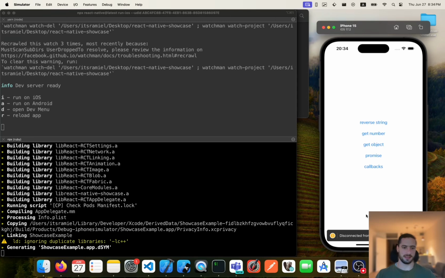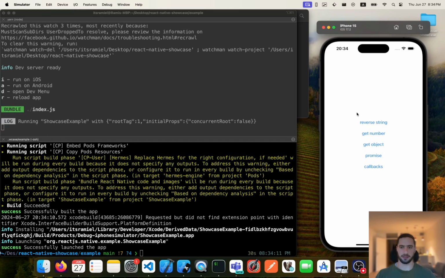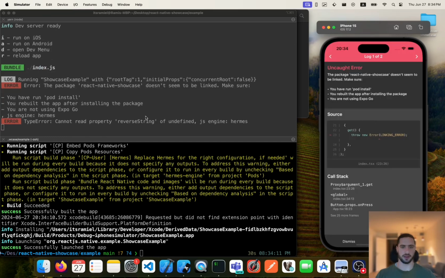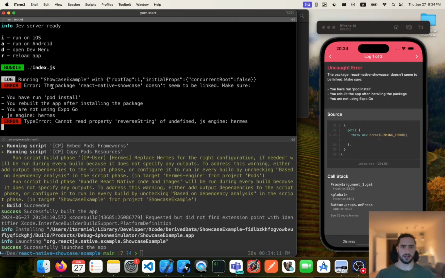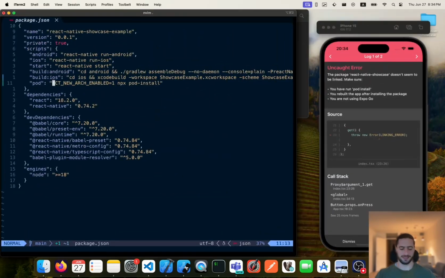Let's see, and it's done and successfully built the app. So even though it successfully built the app, let's try and call the function reverse string. It says it cannot find the package, like the package doesn't seem to be linked, make sure to blah blah blah. And by the way, this is the error that we got